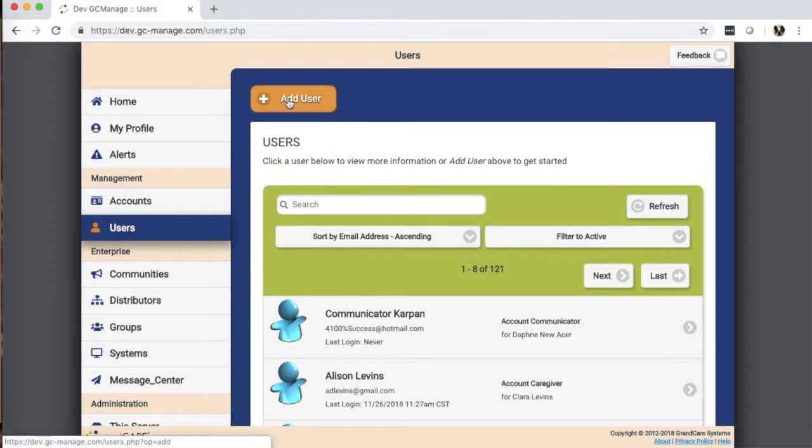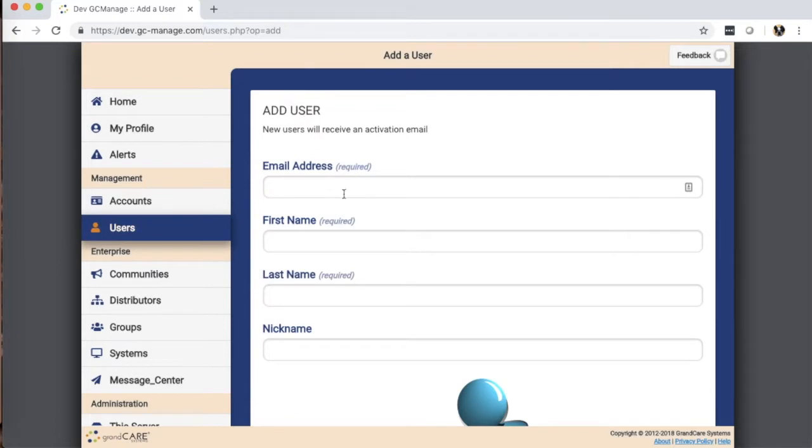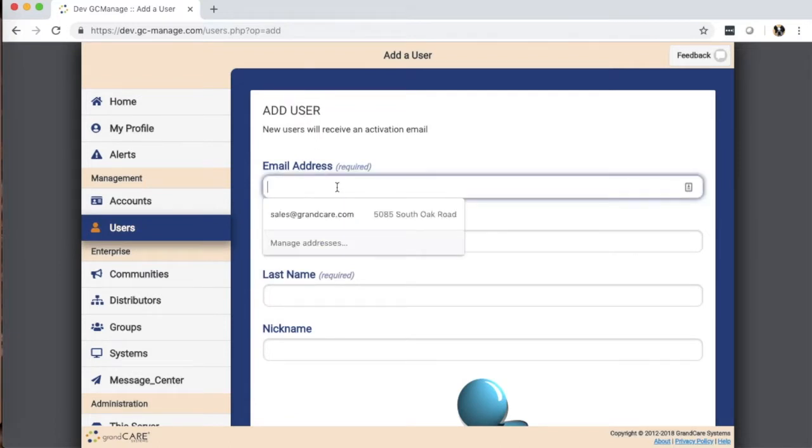So let's add a new user. This is pretty simple stuff. Let's add